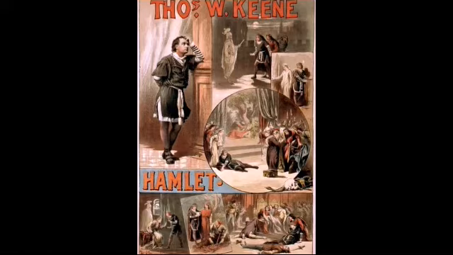This play was set in Elsinore Castle in Denmark, and this play is about Prince Hamlet and his revenge against his uncle Claudius, who has murdered Hamlet's father so that he can seize his throne and marry Hamlet's mother. So now let us discuss the important characters of the play Hamlet.